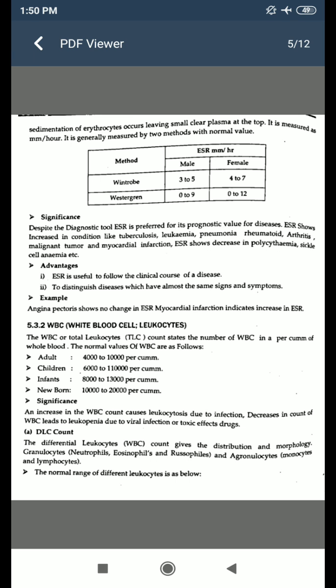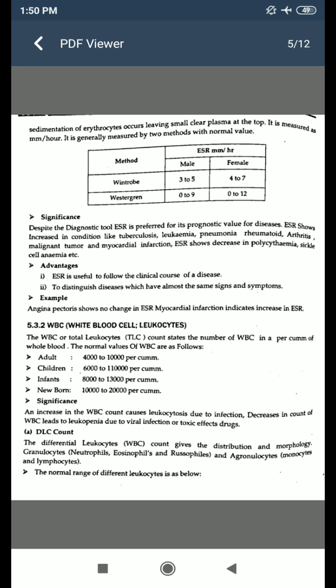WBC, white blood cells, leukocytes. The WBC or total leukocyte count, that is TLC, states the number of WBC per cumm of whole blood. The normal values of WBCs are as follows: in adults 4,000 to 10,000 per cumm, in children 6,000 to